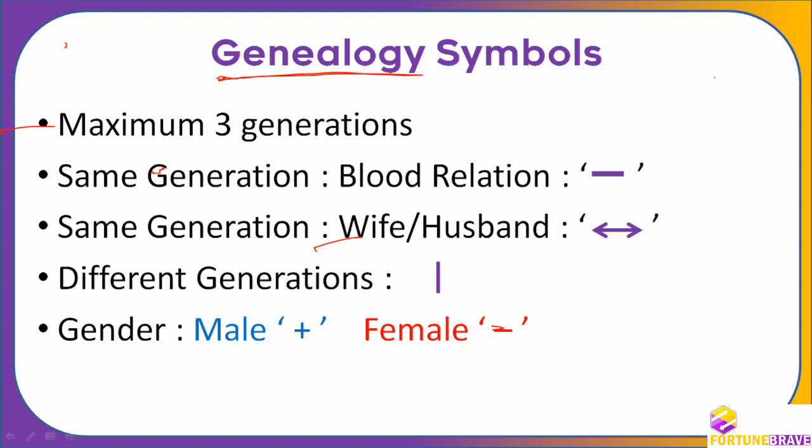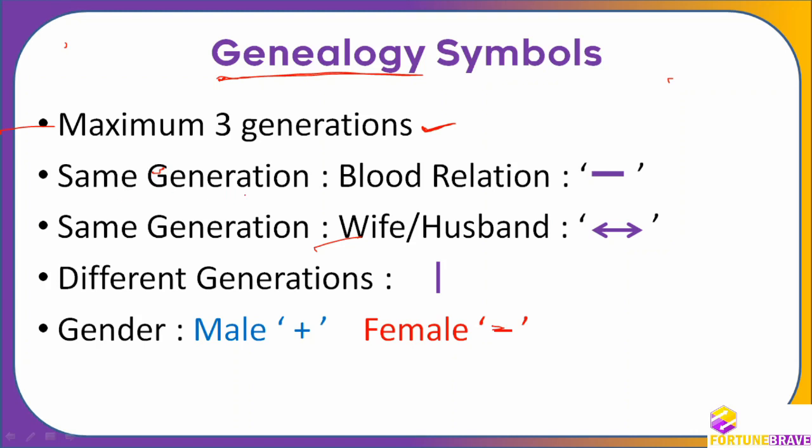There will be a lot of big charts. If you go to any historical event or historical person, his genealogy will show. So to solve the questions, we are going to use some genealogy symbols, and we'll use how the genealogy is drawn. That graph will be very useful to us, so that we will be able to find out the relationships very clearly, without any doubt, without any mistakes. As I told you already, a maximum of 3 generations of questions will come. So how do we denote?